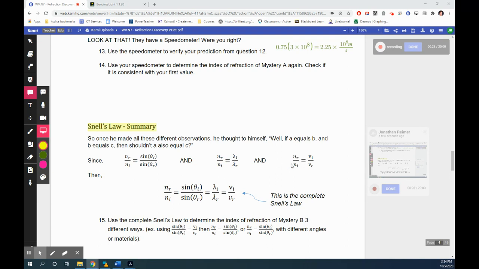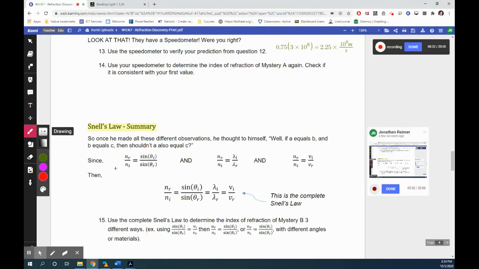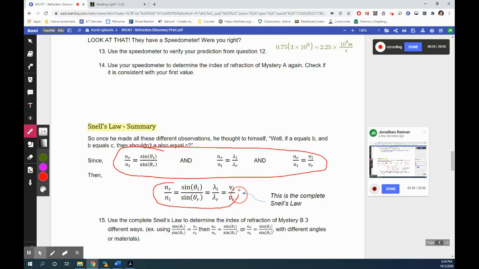I don't know if that made any sense to you, but if it did, then you'll see that the natural conclusion of saying these three things is that we can say it in one smooth statement. And this is the complete Snell's law. This is what Willebrord thought, that when he put this all together, he's like, this is awesome, I got to write this down and tell the world that, in fact,